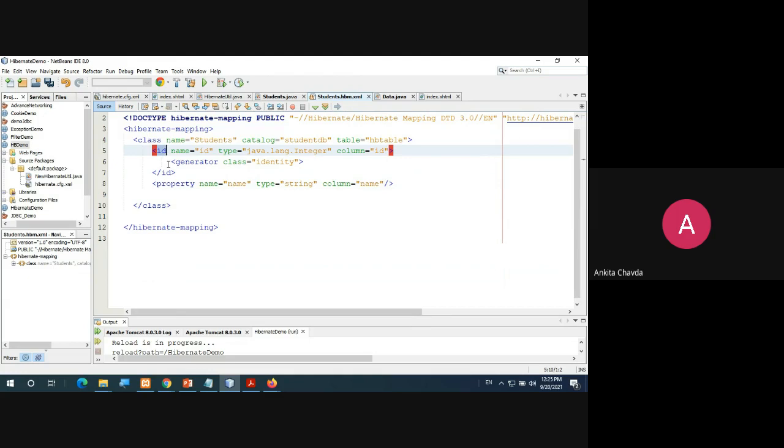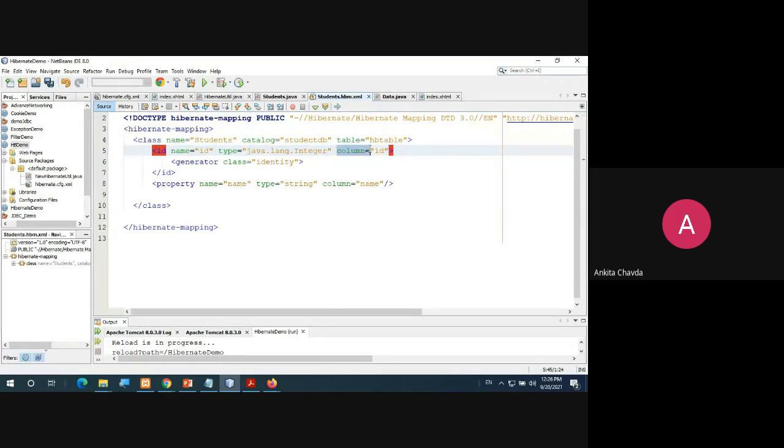All the other values will be there as property, but this you need to specify as an ID. So ID, what is the name? Name equals to ID. What kind of type is it? So it is integer kind of, right? So you need to specify type equals to java.lang.Integer.